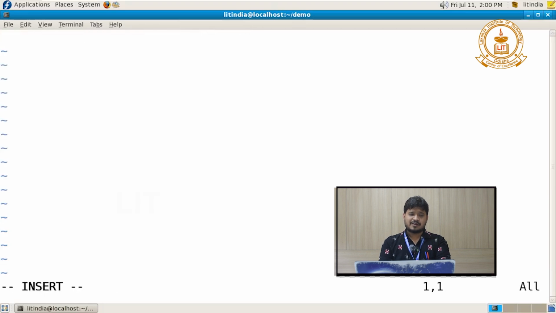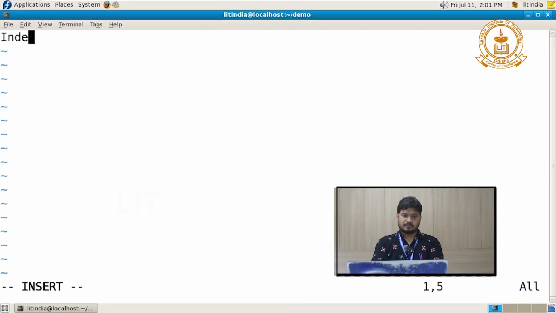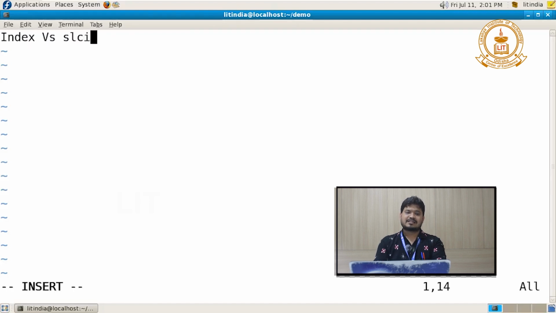What is the difference between slicing and index mechanism? Index versus slicing. Index versus slicing, right? So index and slicing both are used